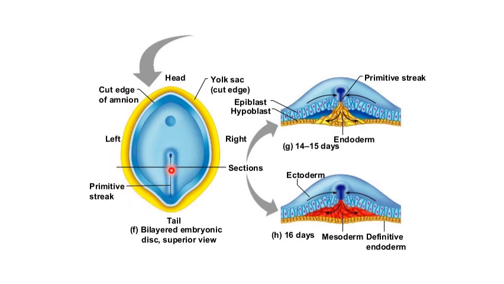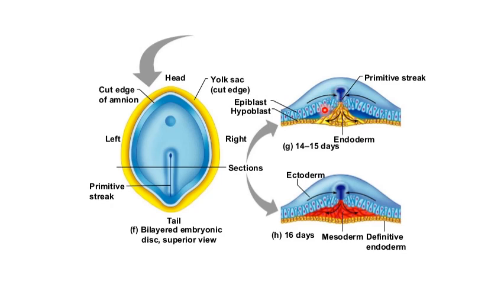narrow groove, which we were talking about, the primitive streak. So this is a narrow groove that will appear near the tail region. So this will be the head part of the embryo, this will be the tail part of the embryo, and when you cut a section of this region, what we see will be, this is the epiblast. So cells from the epiblast will move like this, inwards, and form a groove here, which we said is the primitive streak, and this will be a primitive node.